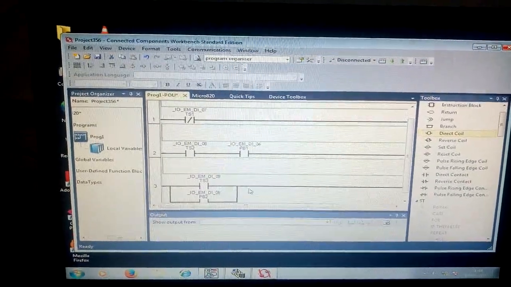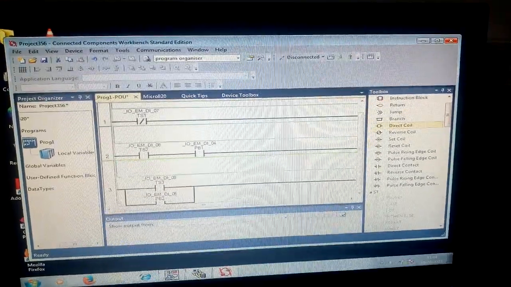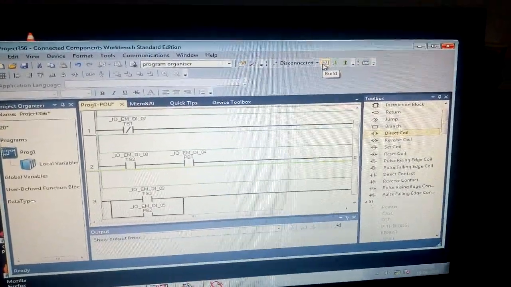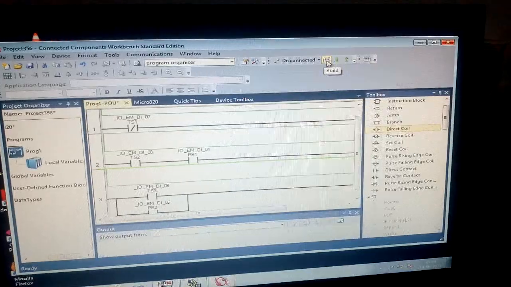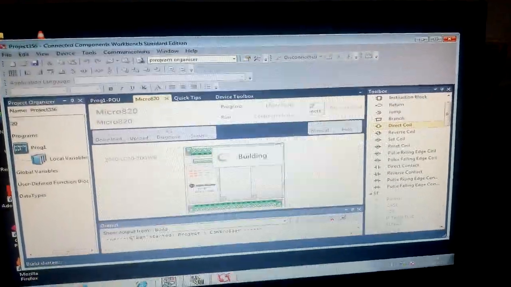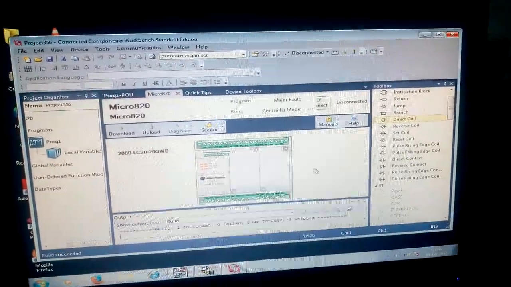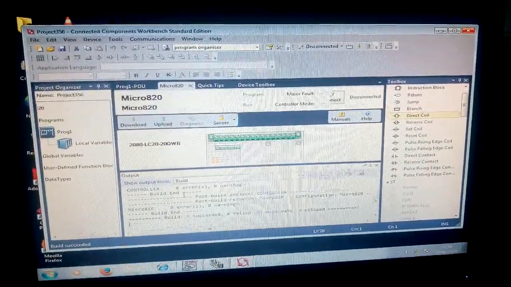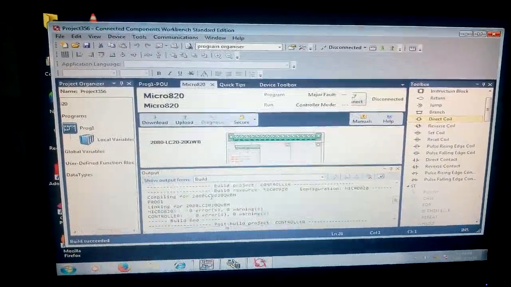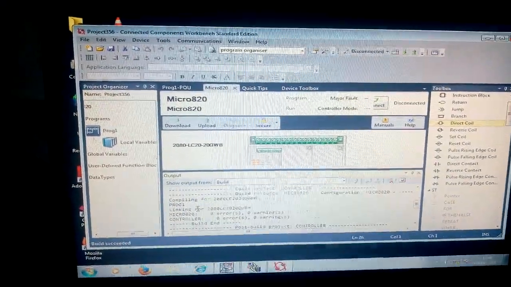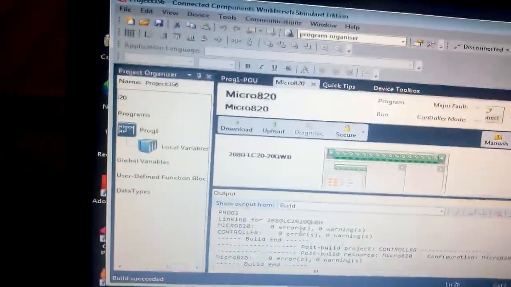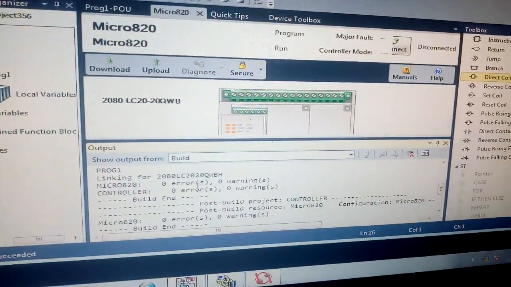Now after we finish building our ladder diagrams, we need to click on build. If we click on build, you can see some operations going on in the output tab. Program 1 is being executed and it is linking to our PLC.